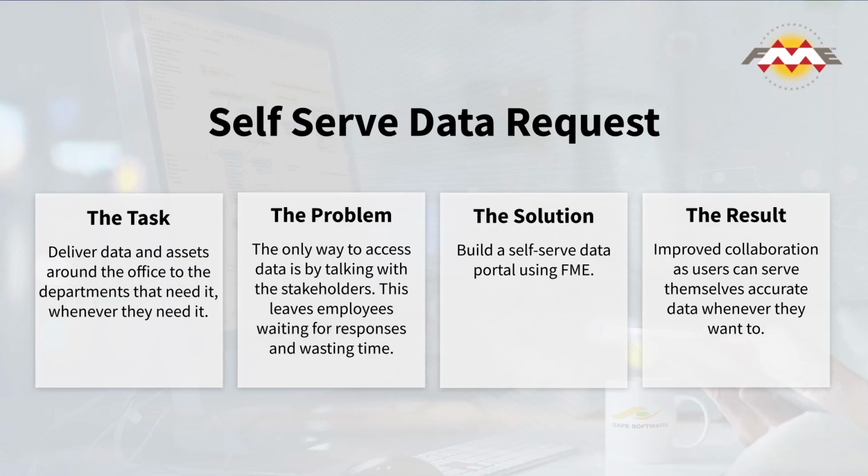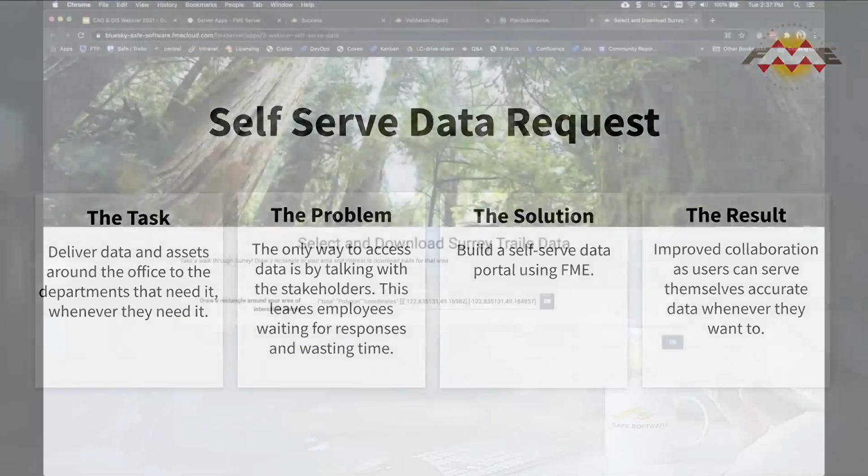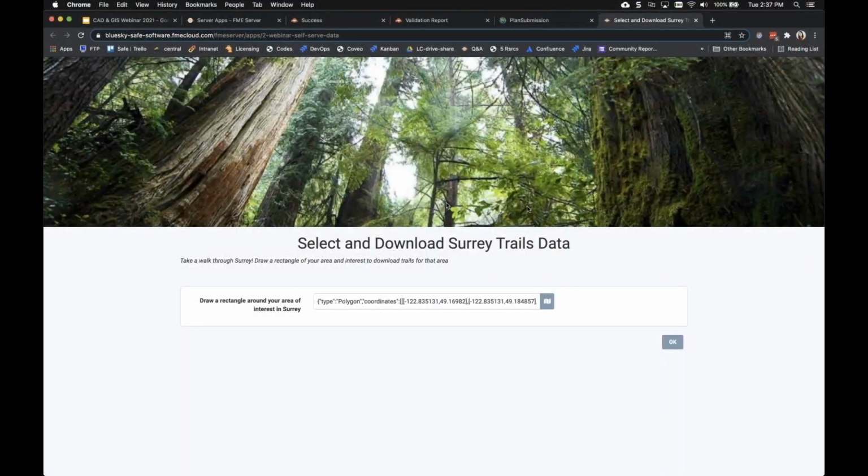So similar to the city of Burnaby's automated one-call system, we're going to create an FME Server App that delivers Surrey Trails data for a user's selected area of interest and provides a download for that data in CAD format. From here, we're going to head into FME Server Apps. I've actually already got it open from that URL. So I have my Surrey Trails data,